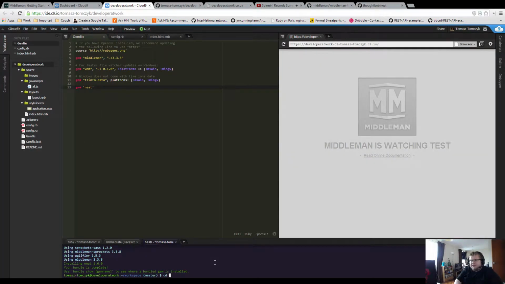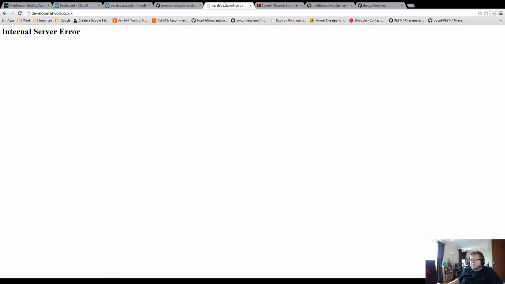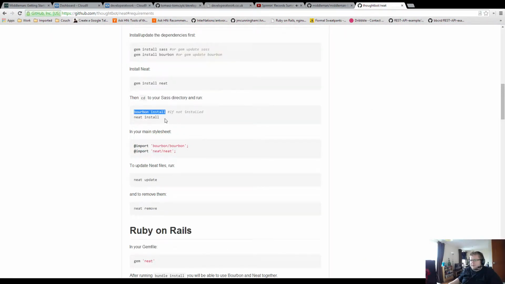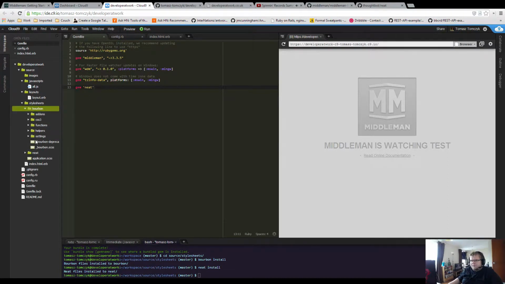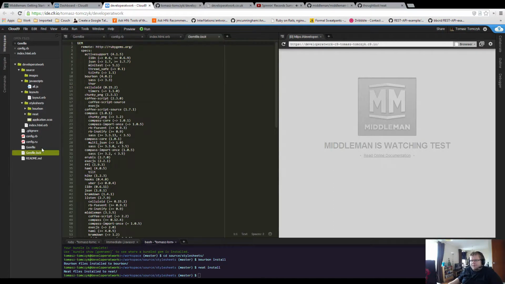So let's cd into source stylesheets. So we've got bourbon and neat. Okay, so it's just adding them directly. I'm fine with that.